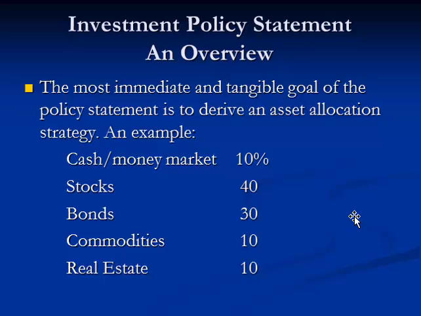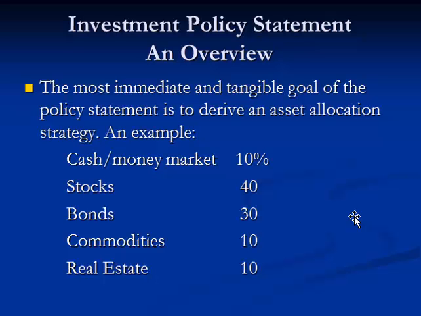And so you have an asset allocation that lists the major asset classes. The asset classes are defined by the type of risk that they're exposed to, because that type of risk will help define the returns that you're going to get from those assets. The first one I have listed here is the most liquid, and that's cash/money market. It may be 10% of your portfolio overall. You should have some money set aside for emergency and liquidity purposes, and that's what this 10% cash money market balance represents.